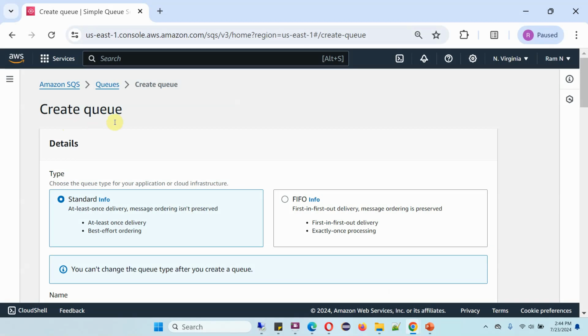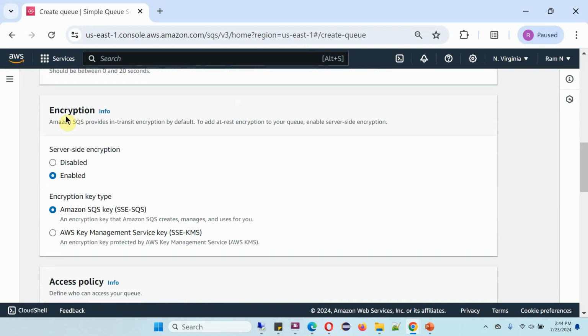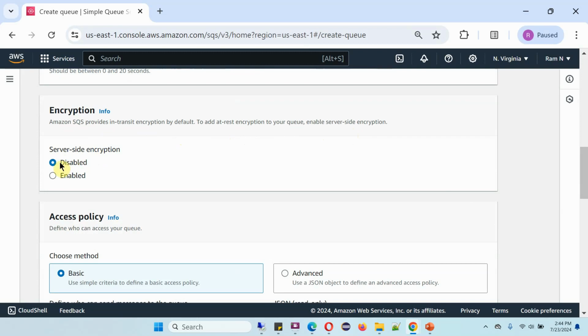Here you can see the create queue page of Amazon SQS. And here you can see the encryption section. By default, Amazon SQS provides in-transit encryption. To add at-rest encryption to your queue, you have to enable server-side encryption. Here you can select server-side encryption enabled or disabled. If you select enabled,